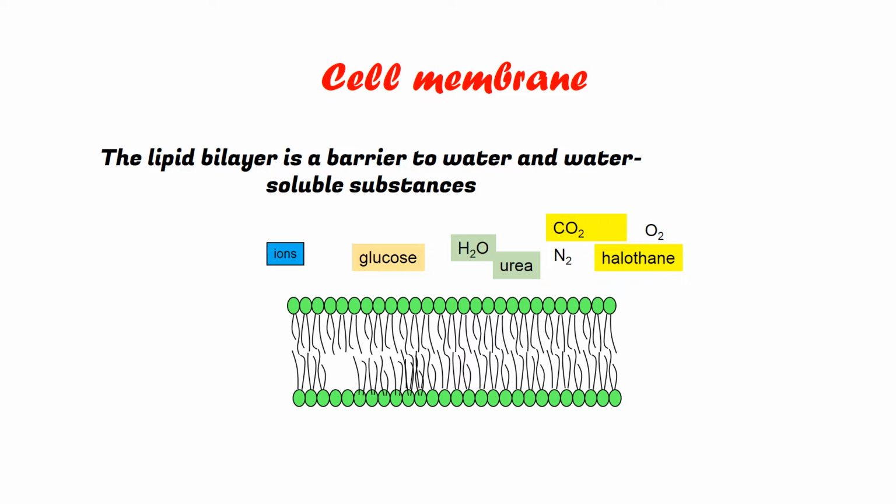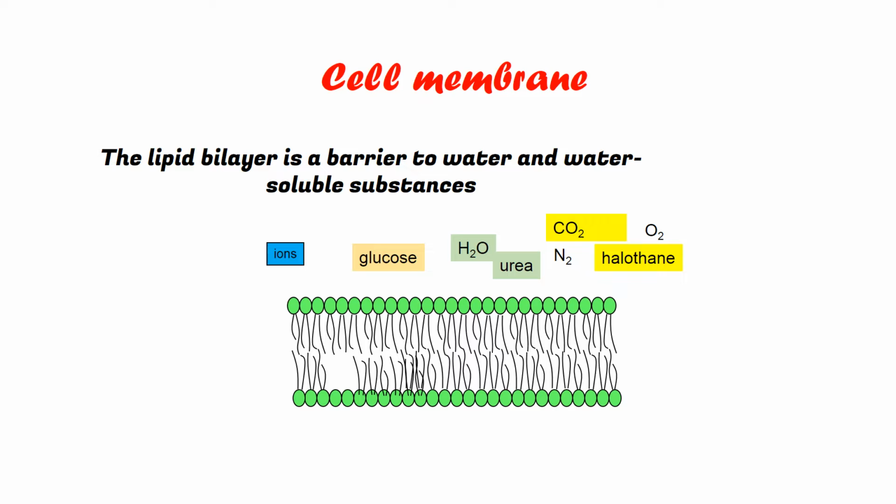So we require a transport mechanism across the cell membrane that will allow the entry of certain substances and exit of certain substances depending upon the physiological activity of the cell. So basically, the lipid component of the cell membrane only allows diffusion of the lipid soluble substances. So what are these lipid soluble substances? Maybe oxygen, nitrogen, carbon dioxide. These are basically gases, or maybe alcohol or steroid hormones.